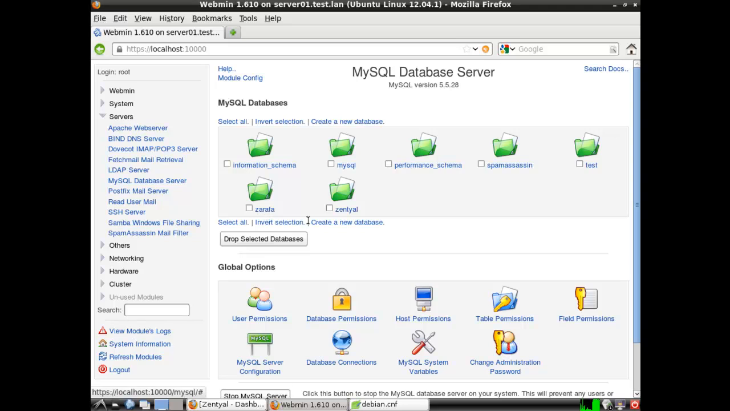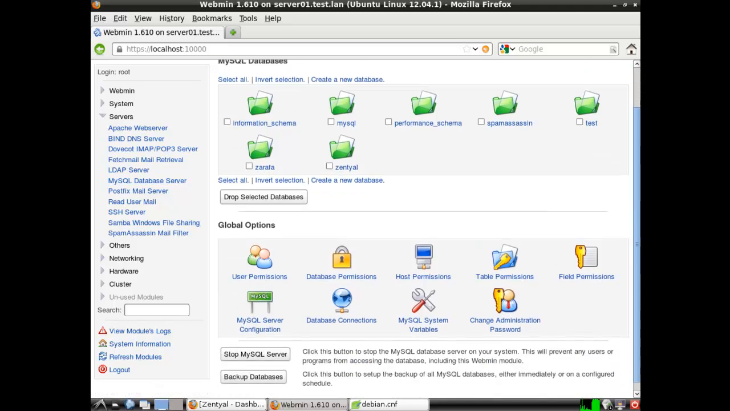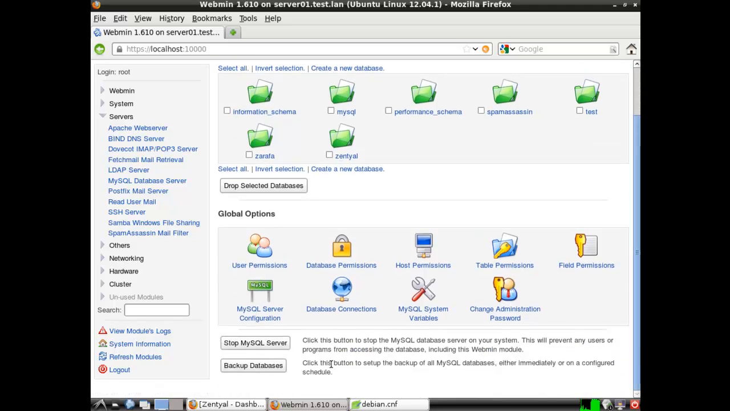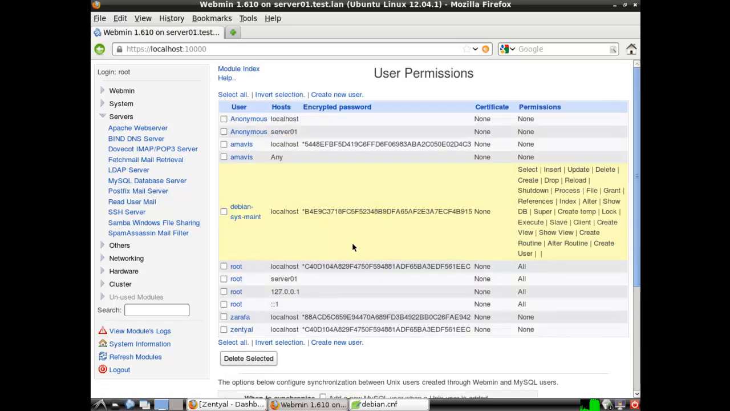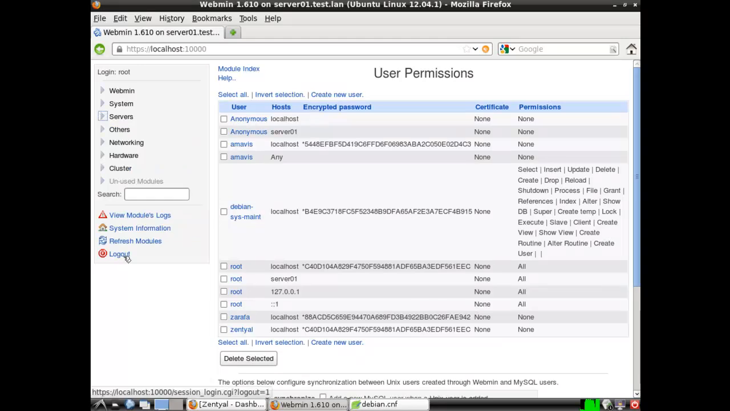As you can see, there's your Zarafa and Zentyal. And you have a backup option for databases. User permissions, if you want to create users, change existing users' names. Just be careful when you do that. Some of these names are pre-created. You don't want to affect any systems, so you always want to proceed with caution. Definitely make backups before you make changes. And that's pretty much it with Webmin